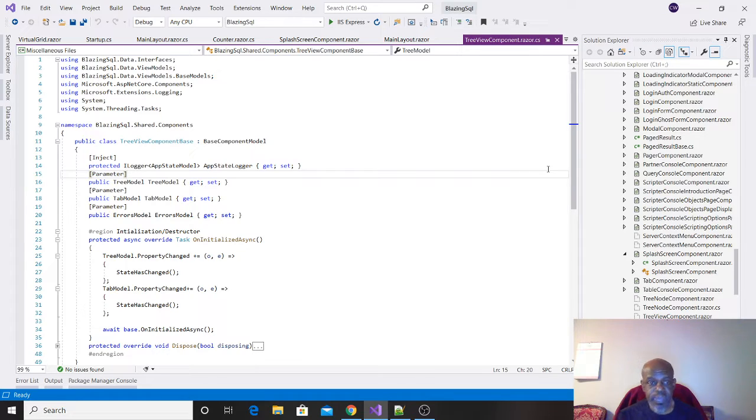use Blazor. Highly recommended. My whole purpose of building BlazingSql was to test the breadth of everything that it can do, and see if it can fulfill a dream that I always had, to create a web-based version of SQL Server Management Studio. And from what I've been able to accomplish so far, my two features that I wanted to create were the ability to run scripts and the ability to query your databases.